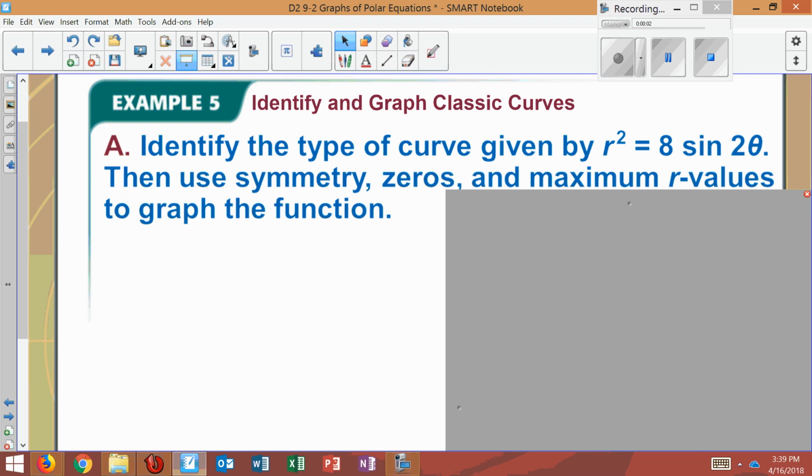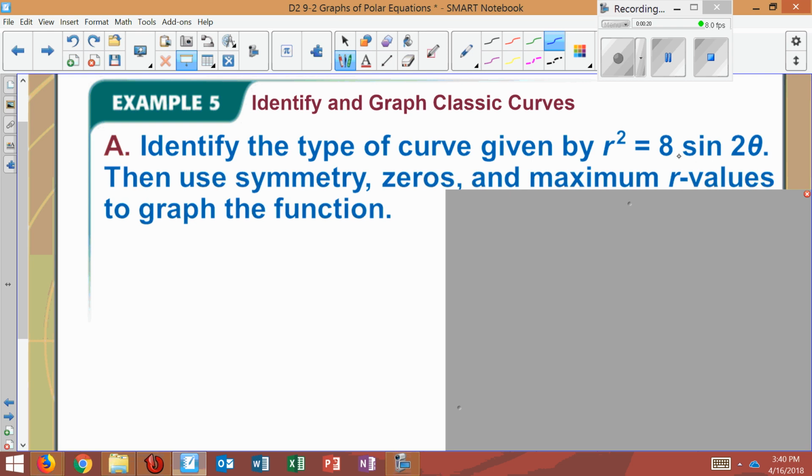Example 5, identify and graph classical curves. Identify the type of curve given by r squared equals 8 sine 2 theta. Then use symmetry, zeros, and maximum r values to graph the function. What you need to recognize from earlier is that anytime you have an r squared and a 2 theta inside